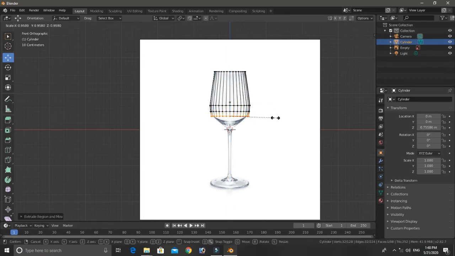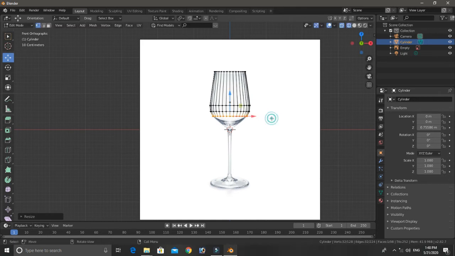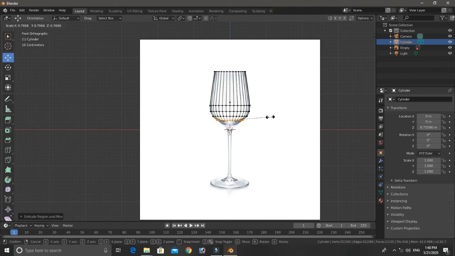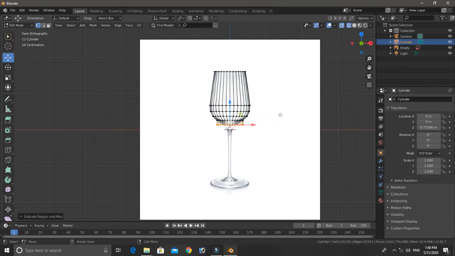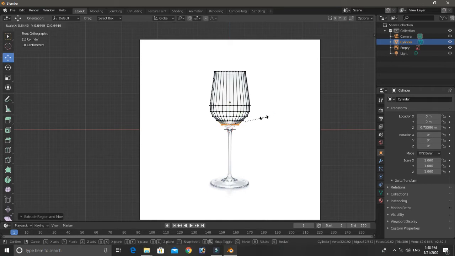S to rescale. E to extrude. S to rescale. E to extrude. S to rescale. E to extrude.